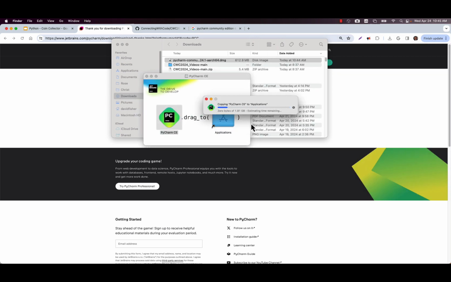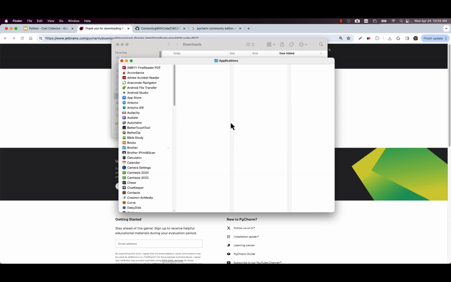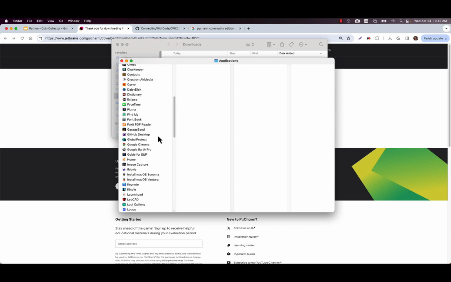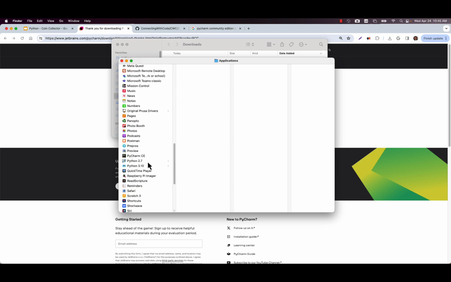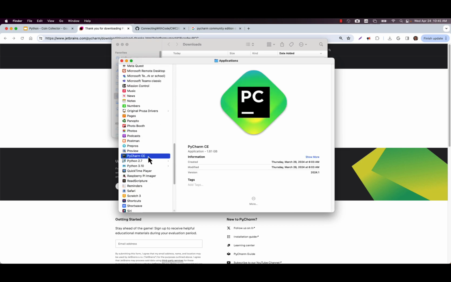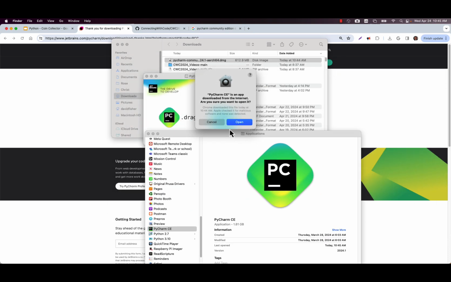Replace it. So it's going to put on this new version. So I've blown away my old version. I hope you all appreciate that I'm blowing away my old version for you. And then I'm going to launch this new version, PyCharm CE, which was downloaded today. Looks like it says that it was created a few days ago. That's fine. All right, so I'm going to launch it.